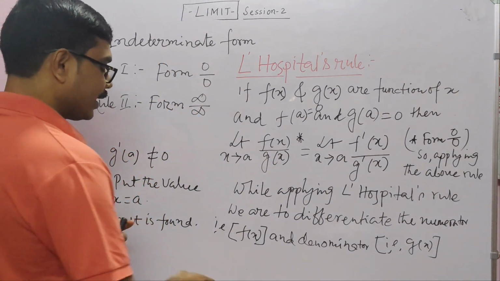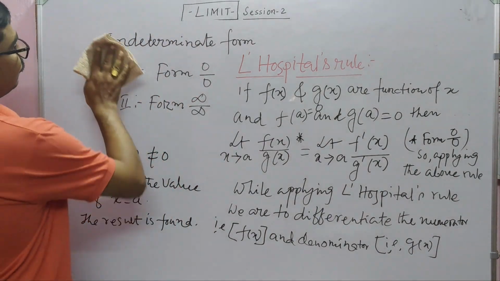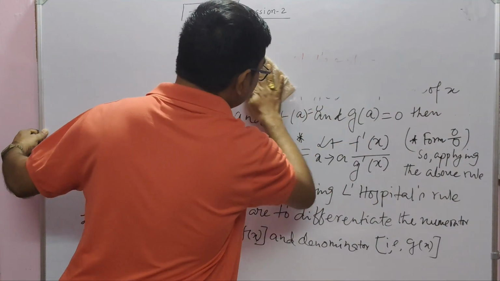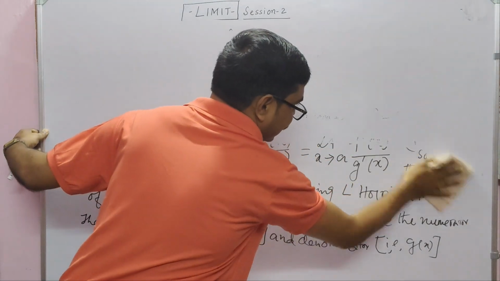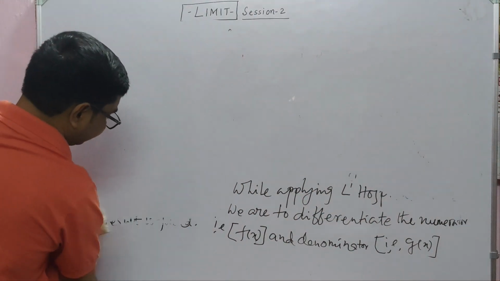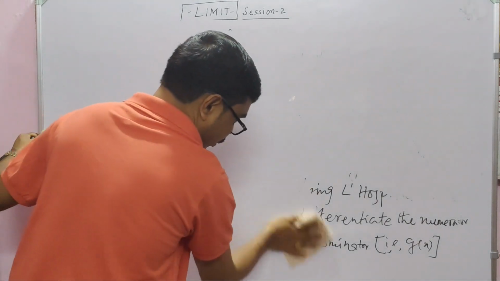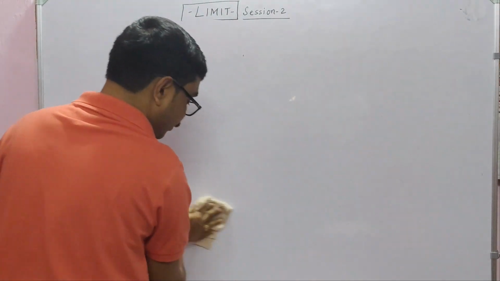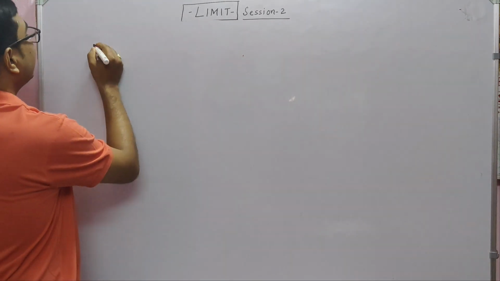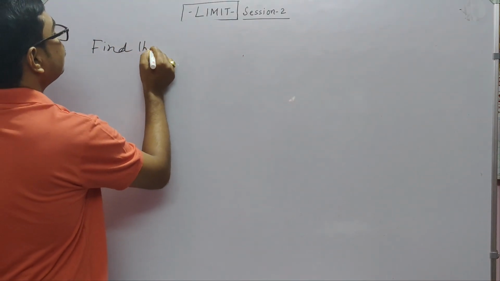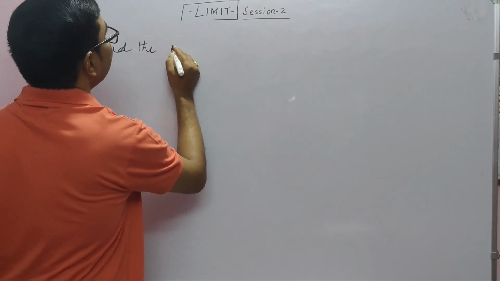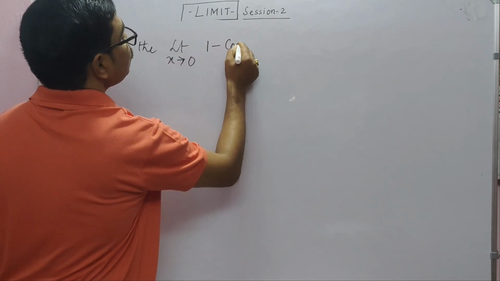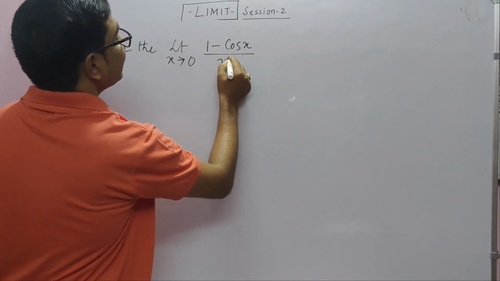করব। দেখা যাক কিভাবে আমরা এই প্রশ্নের উত্তর করি। তাহলে মনে রাখো, দুটি ফর্ম ইনডিটারমিনেট ফর্ম হতে হবে অবশ্যই, তবে আমরা L'Hopital's রুল অ্যাপ্লাই করতে পারি। Now our question in the given, find the limit x tends to 0, 1 minus cos x by x square,